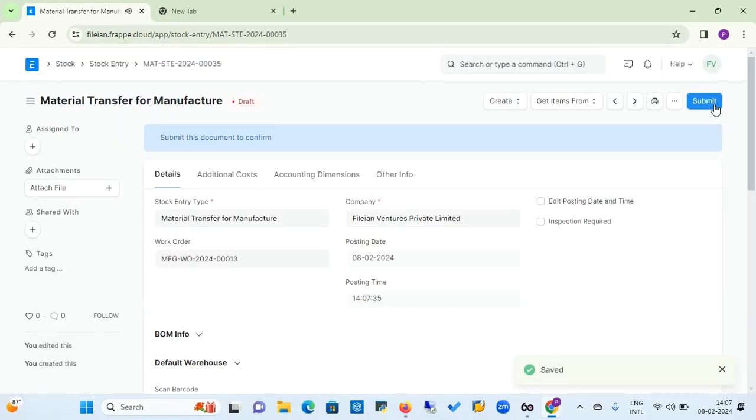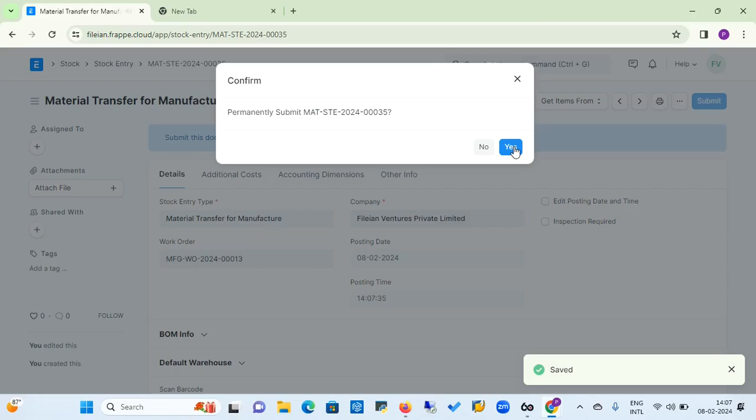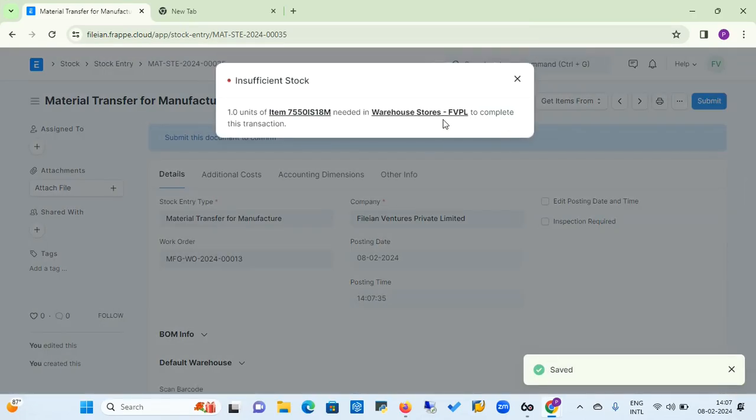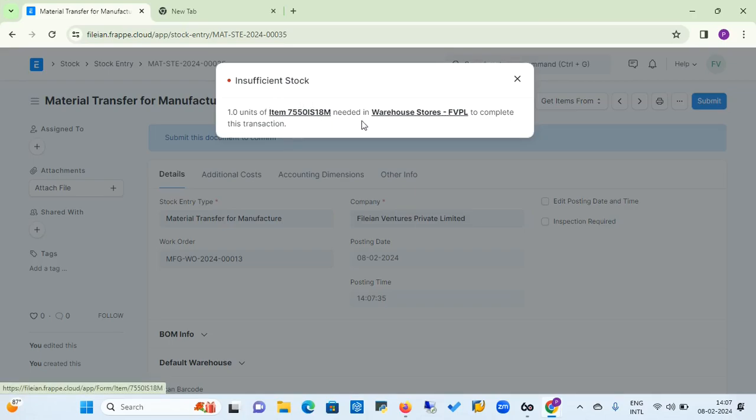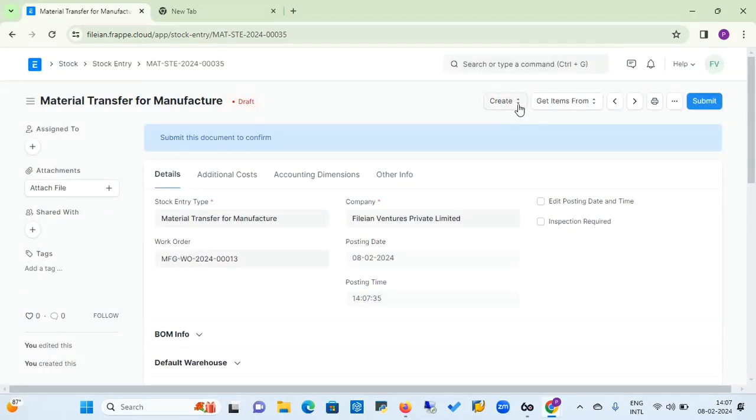So I am saving this, and I'm submitting this. Now the system has given the warning message of insufficient stock in my store unit. I don't have a stock of this particular item which I need to transfer to the WIP store to complete this transaction. So first of all, I need to increase the stock. For that, again, I need to create a material request,